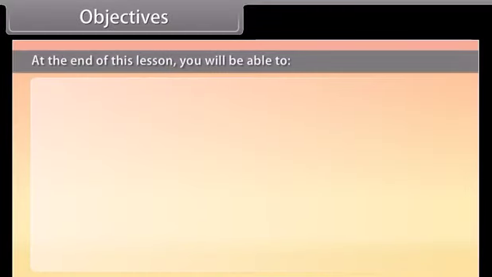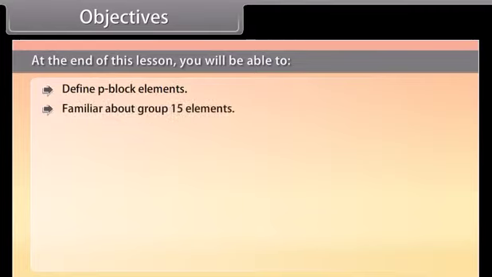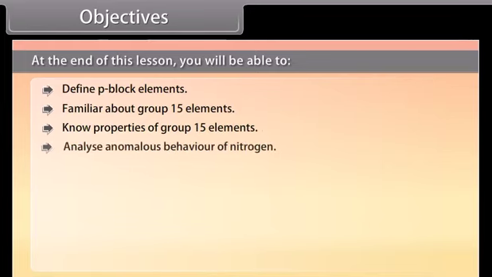Objectives. At the end of this lesson, you will be able to define P-Block elements, become familiar with group 15 elements, know the properties of group 15 elements, analyze the anomalous behavior of nitrogen,